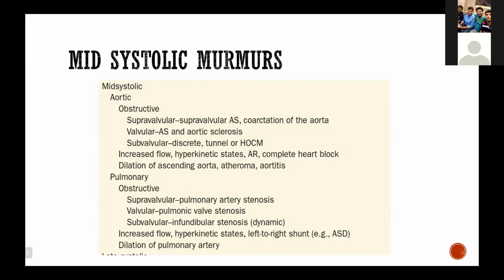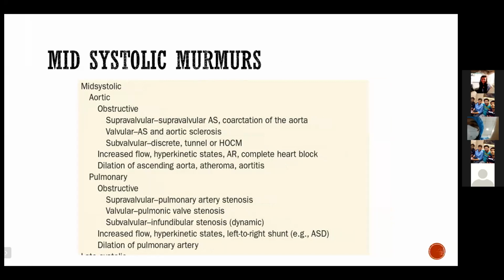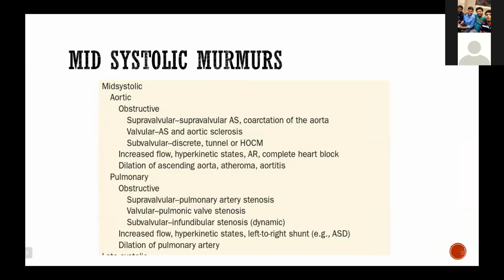So all forms of obstructive valvular diseases at the level of the semilunar valve will result in a mid-systolic or ejection systolic murmur, be it a supravalvular, valvular, or a subvalvular obstruction. So all conditions like aortic stenosis, aortic sclerosis, just like PS, all of that will ultimately result in an ejection systolic murmur. Or secondly, if there is a high velocity or high volume of blood flow across these valves, it will also result in an ejection systolic murmur, which is seen in case of hyperdynamic circulation.